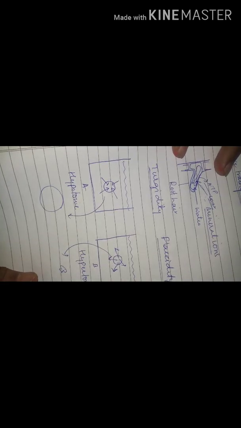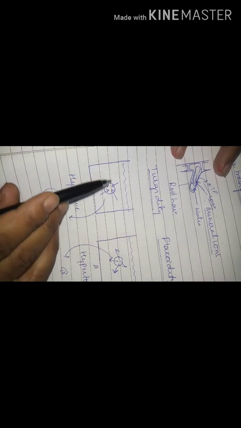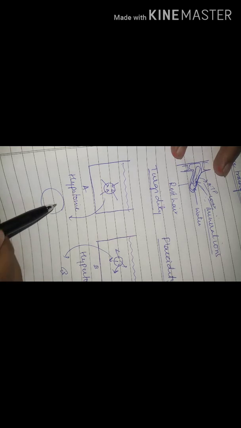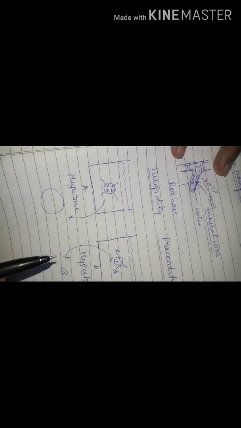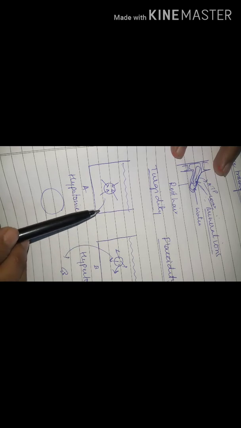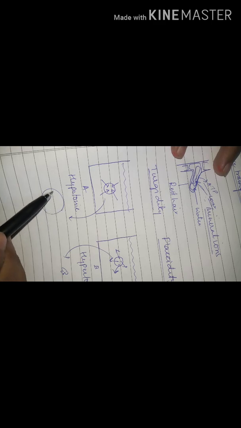So what is turgidity? When a cell reaches a state where it cannot accommodate any more water, it is fully distended, it is called turgid, and the condition is called turgidity. Clear? Now flaccidity.